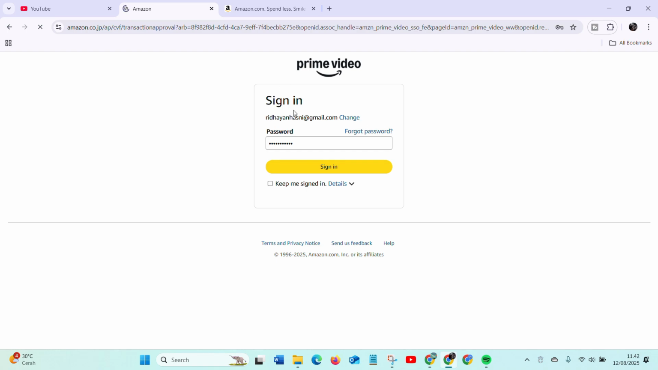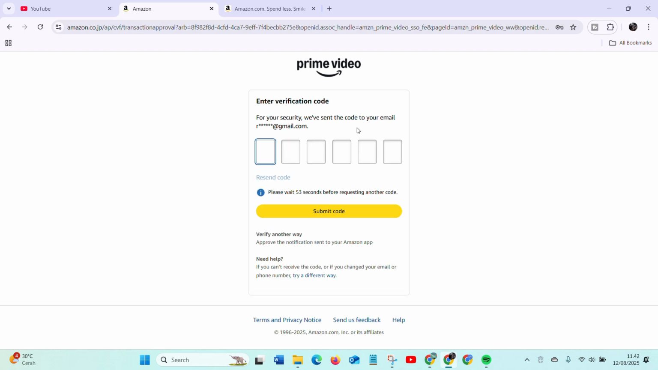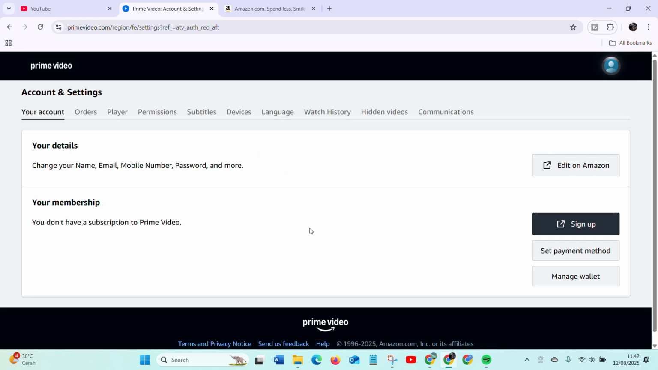Now you can enter the verification code that Amazon sent to you to your email. Click on submit code. So in here, you can go to language,